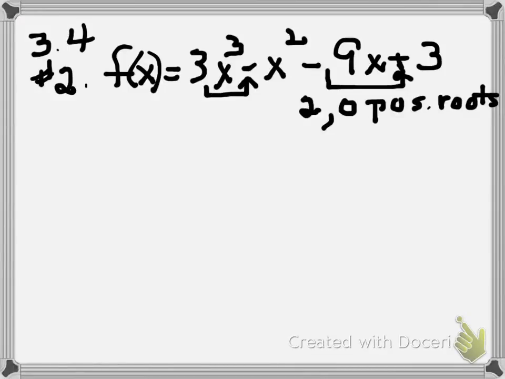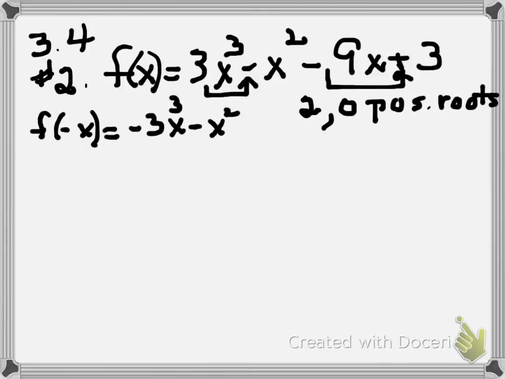So we have two variations in the signs, and then two positive roots or 2 minus 2 or 0 positive roots. So now let's work with f of negative x. Negative x cubed is negative, so we're going to get a negative 3x cubed. But negative x squared is still going to be positive x squared. That sign will not change. And then negative 9 times negative x is positive 9x